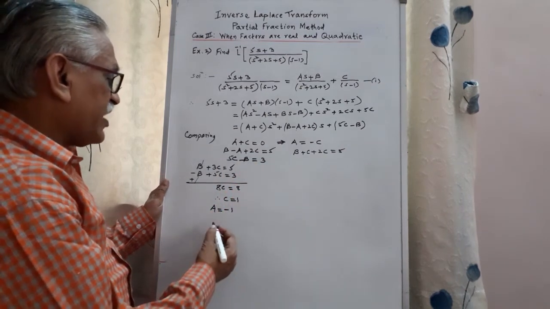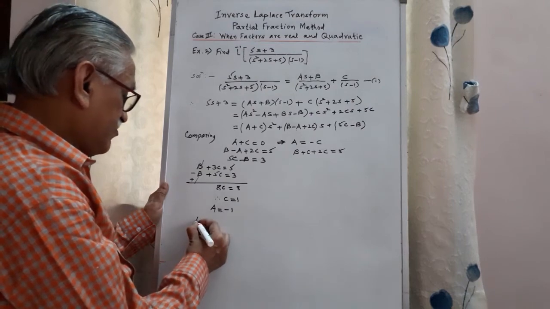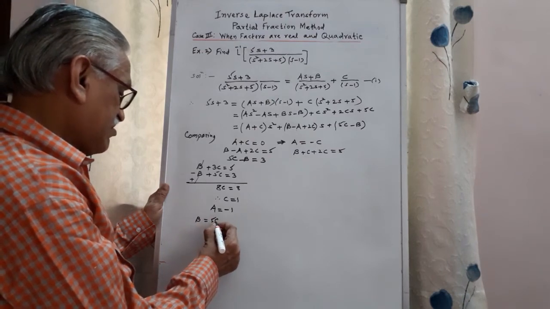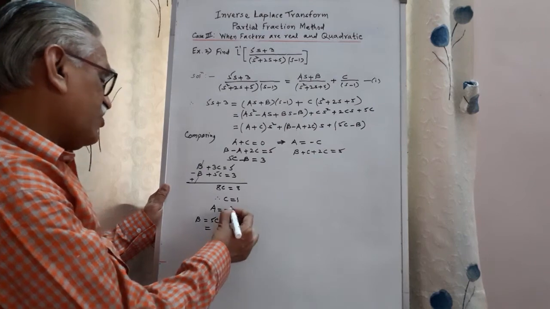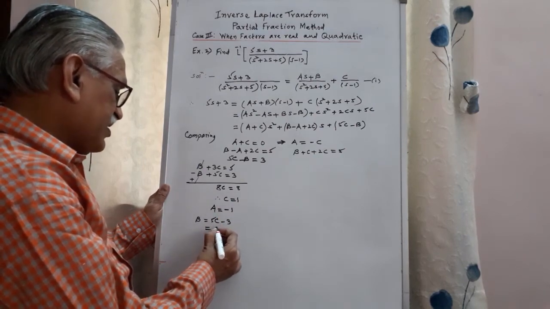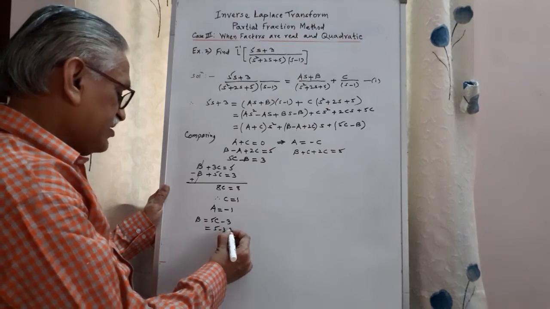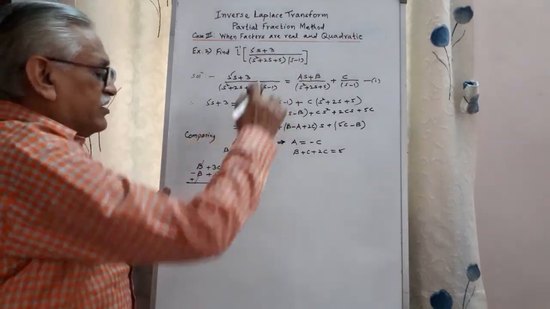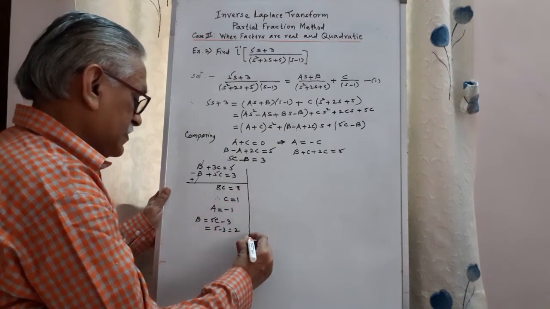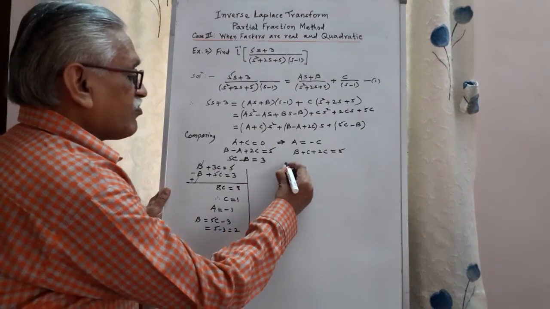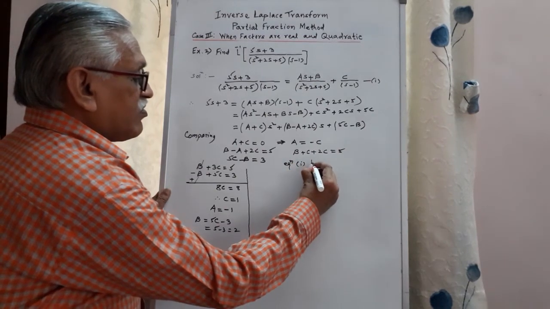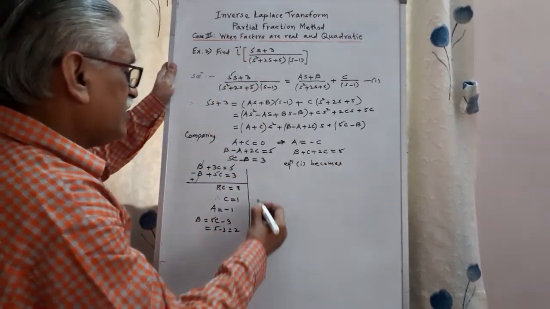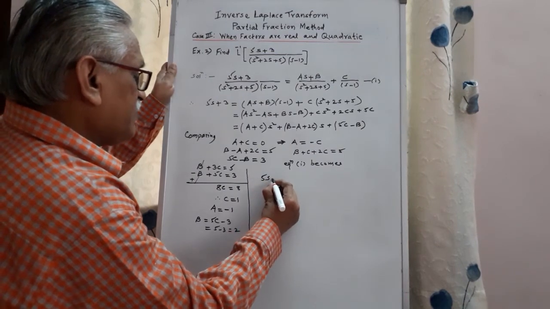Transferring this to the other side, we get b is equal to 5c minus 3. The value of c is 1, therefore 5 minus 3, we get that value as 2. Therefore, substituting these values in equation 1, equation 1 becomes, okay, and therefore the left hand side is 5s plus 3